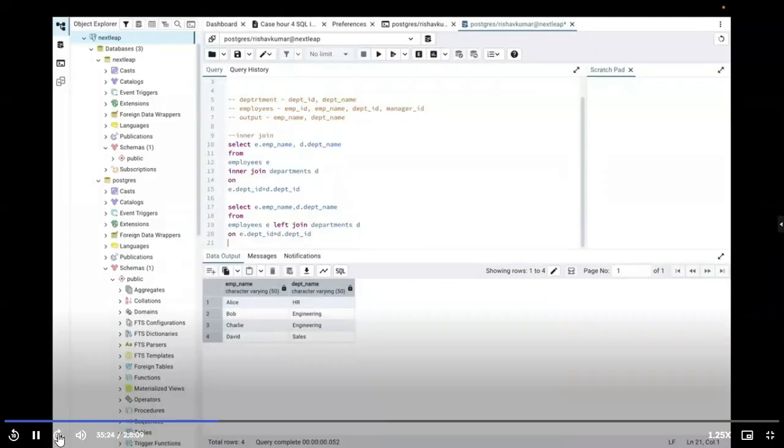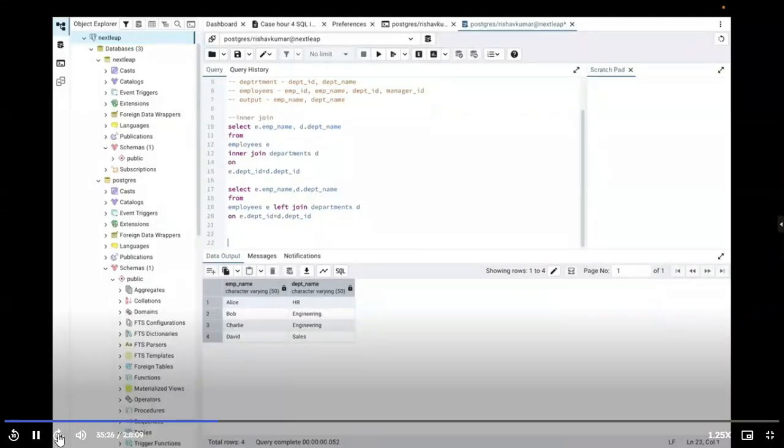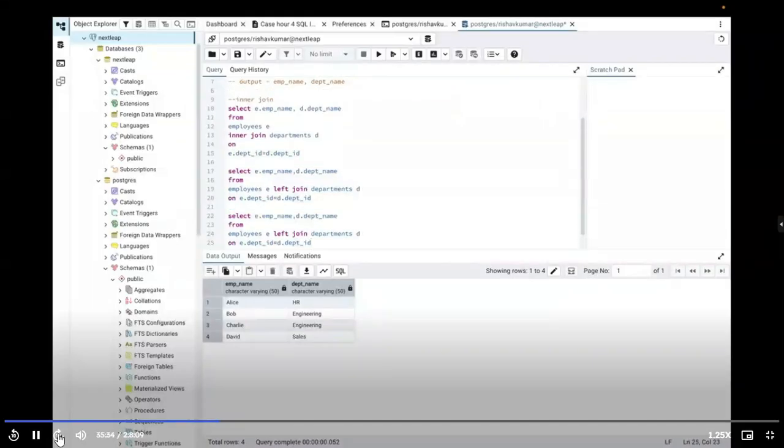Now, left join and right join are written almost the same way. I'll copy this and put it over here. The only thing I will change is to right join. What right join says is that all the values in the right table should be part of the output. What is on the right side? The department table. Now, when you run this,